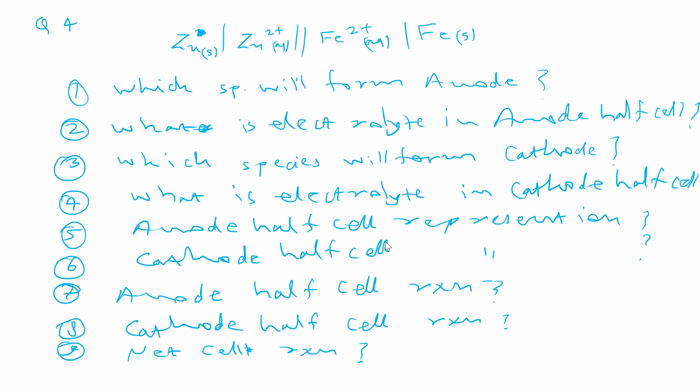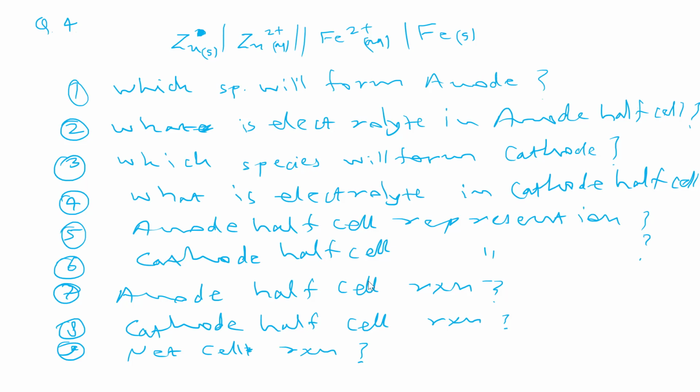So for the first one, it will be zinc solid. Okay, right. Second one, zinc sulfate aqueous solution. With the help of this representation, can you say it is zinc sulfate only? Actually, no, sir, it can be any salt. Yeah, it can be any salt of the zinc 2 plus ion. So here you write Zn2 plus aqueous ion salt. Okay, that can be any salt. Yes, sir. Okay, then the solid is iron. Great. Then Fe2 plus, any salt.